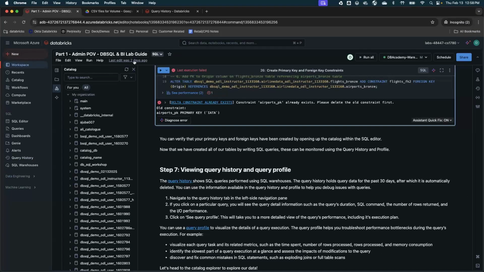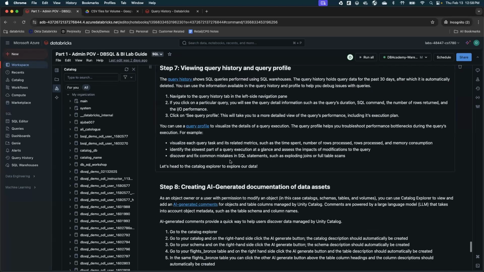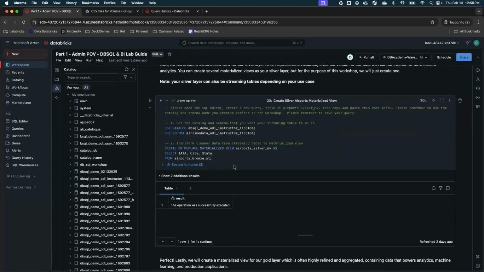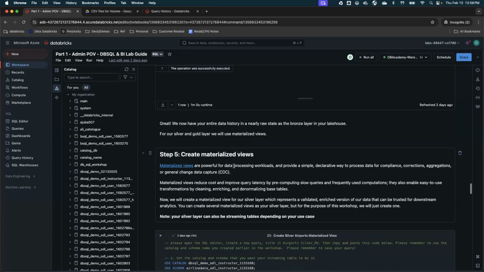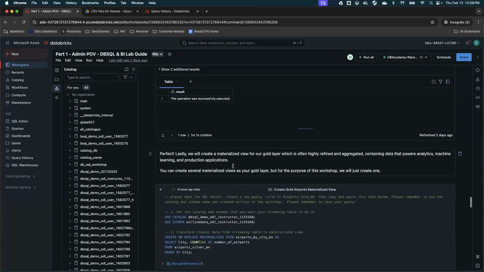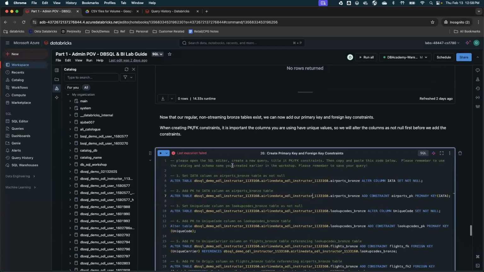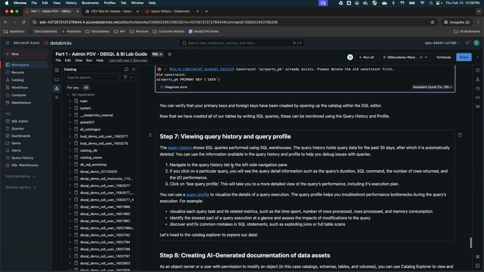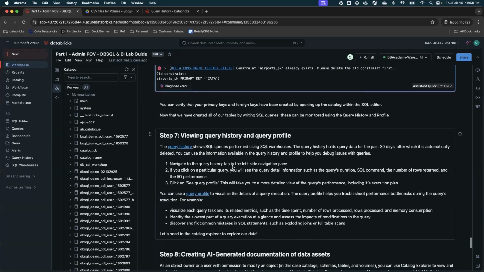Okay. So just to go over what we did in part one: we created different levels. We created the bronze table. We uploaded data in the volume. Then we created a streaming table for bronze. We created the silver layer with a materialized view, the gold layer with a materialized view, and then we added primary and foreign key constraints on tables.